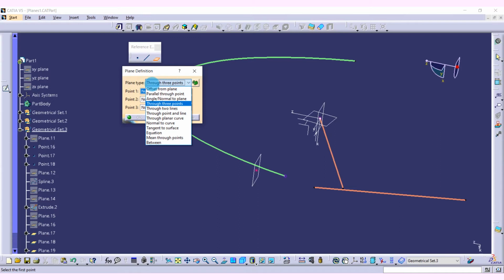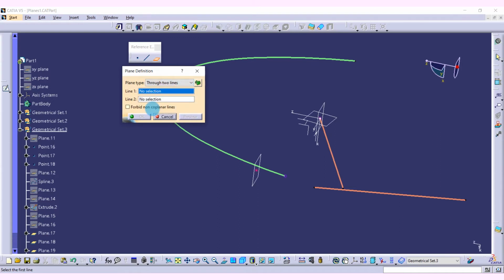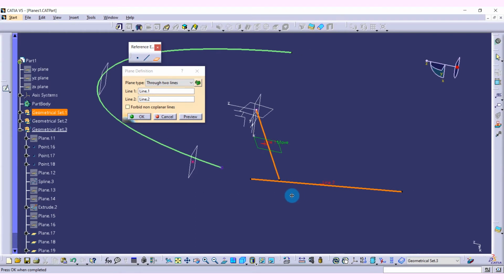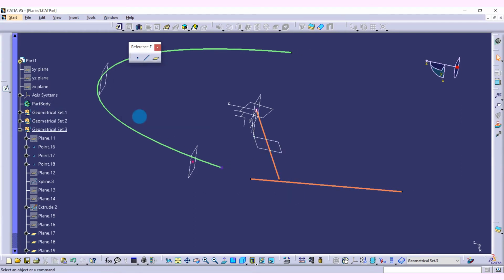The next option, through 2 lines. We can create a plane by 2 lines. So let's select the already created lines. The first line and the second line, and the result will be created. The next option,